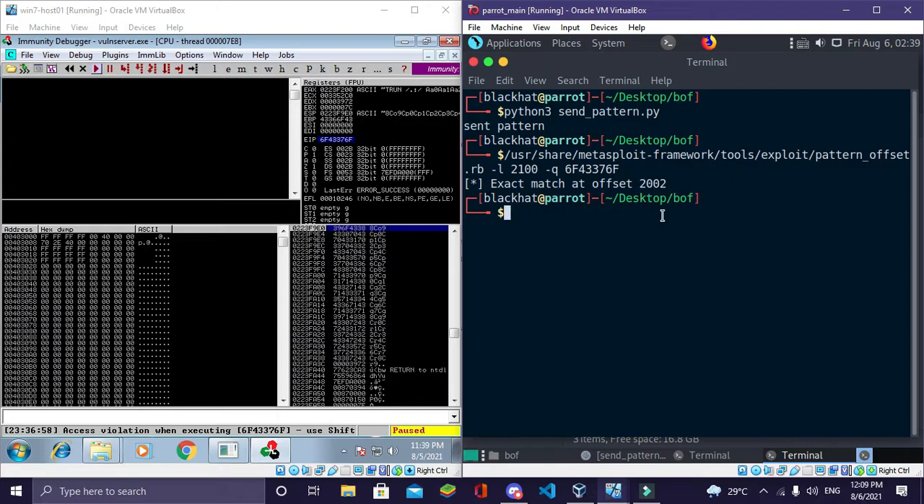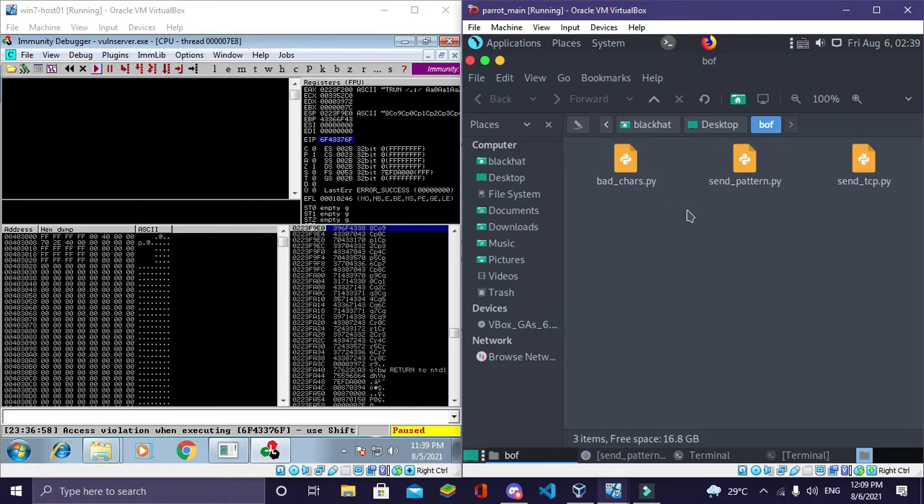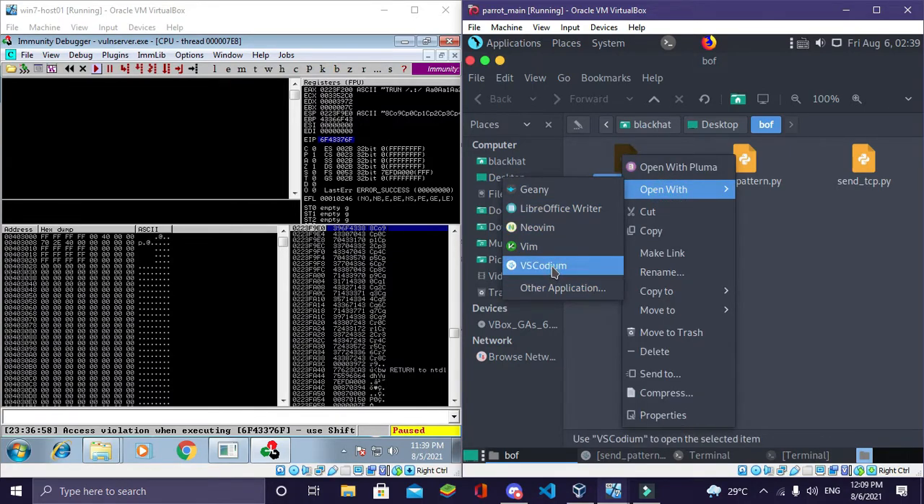Now we're going to use this information and see what we can do with this. That information, 2002, is exactly where the buffer ends and the EIP begins. Now let's try to send some values to EIP. I have created another Python script for that. I'll open it now,